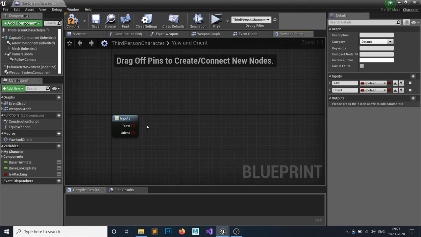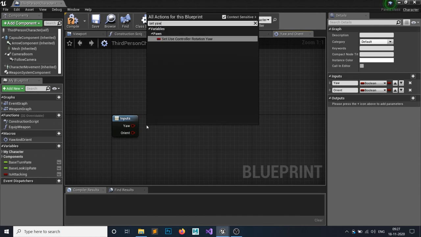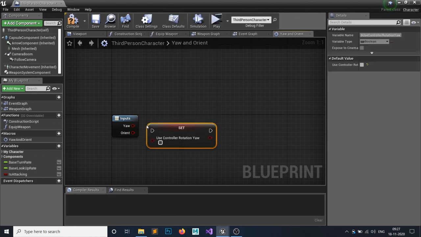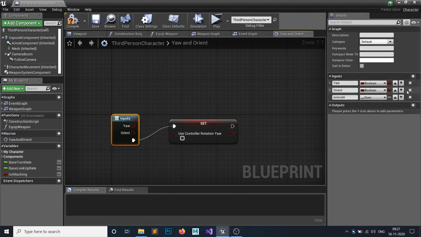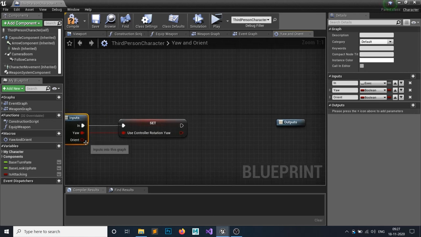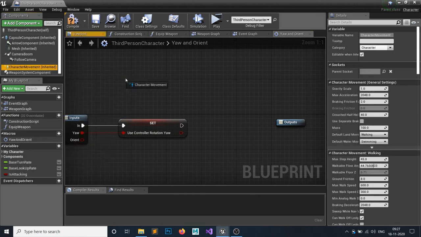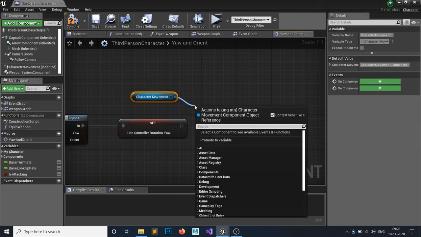So for the yaw, I will simply set use controller rotation yaw, this one, to true. Let's make this guy up in. So yaw to true. For the orient, I will simply grab this character movement component and search for orient.